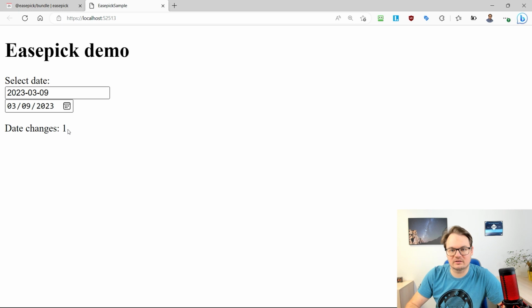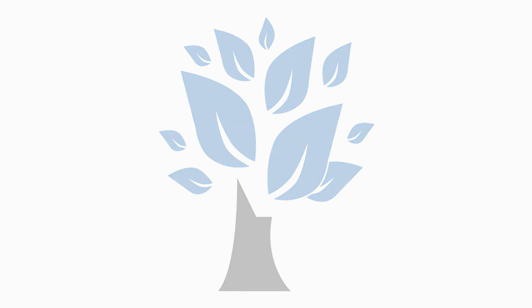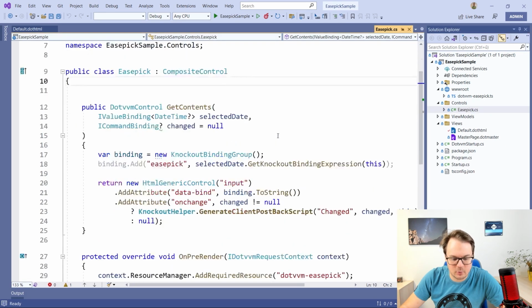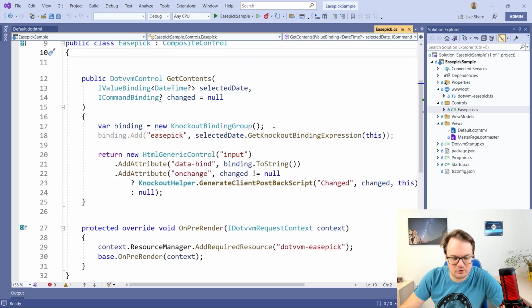That's what I want, yeah, because the event handlers are bound not to view model values, but to specific components. Yeah, it's an event of a component, not of a view model. So let's look at how the Easepick component is implemented. It's pretty easy because the only thing we want to do is to render data-bind equals Easepick and the onChange